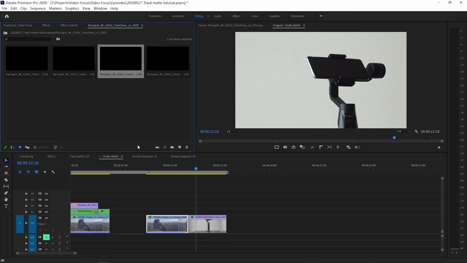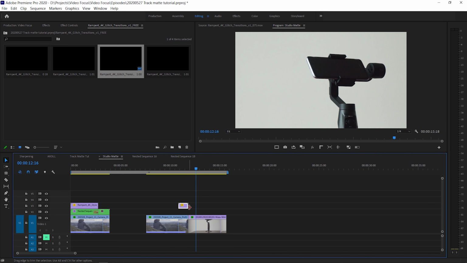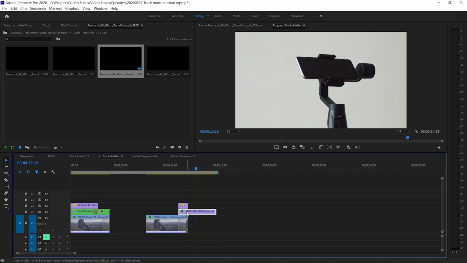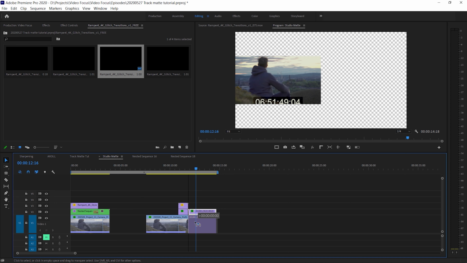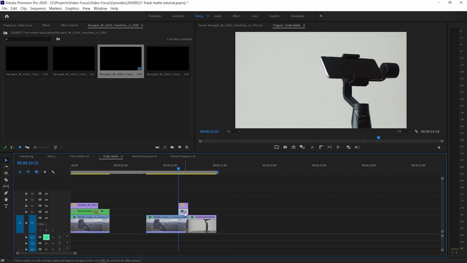So using the same technique as in the previous transition example here, we can use this track mat here and shift that over to the left, so the end of the track mat is at the end of the clip. We can then take the clip we want to transition to and either extend it or shift it over to the beginning of the track mat, make a cut, and then take the second half of that clip and move it down at the bottom there. Then nest it,